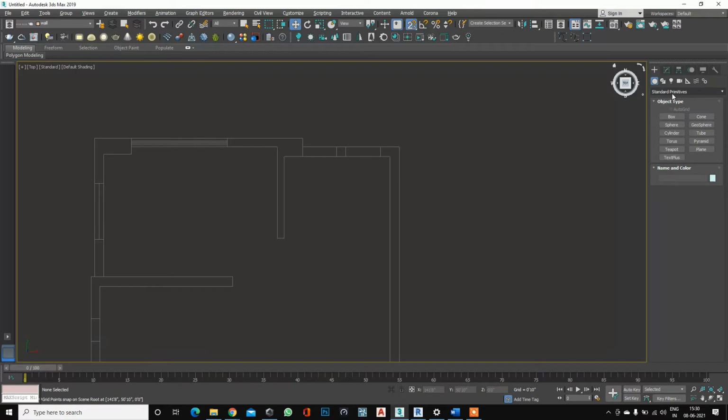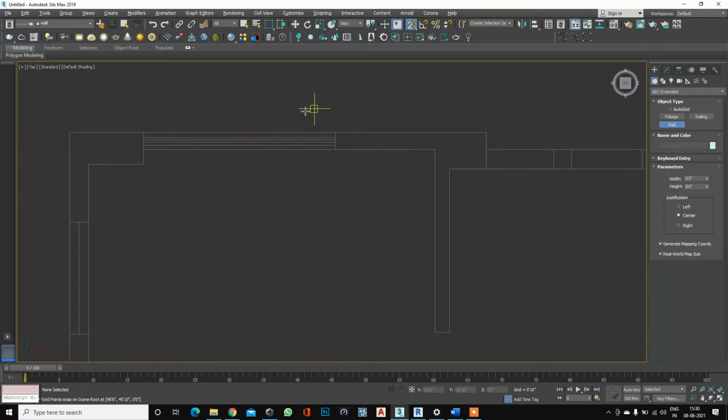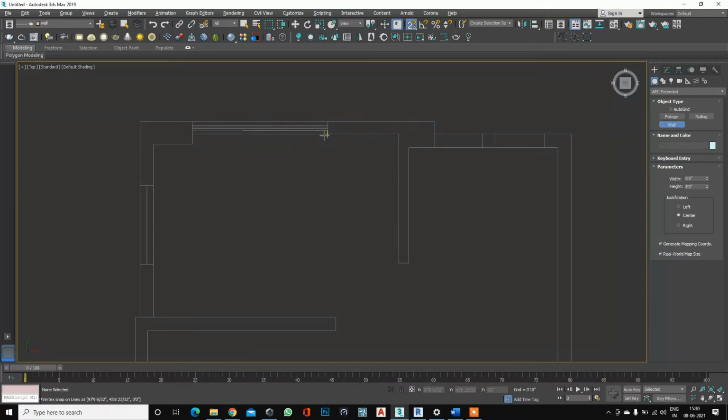Here these are all options, but we cannot use this box option as a wall because it is very time consuming. There is also one option which is Wall, but what to do whenever there is a window, and above the window there is also a wall, and below the window there is also a wall?